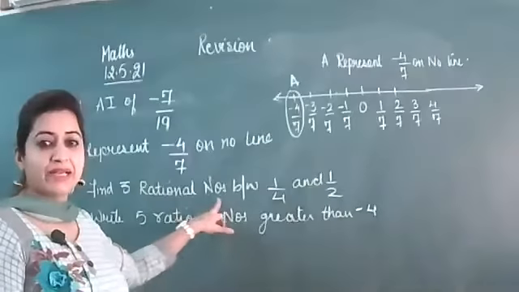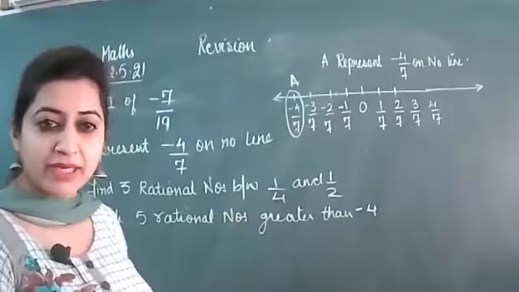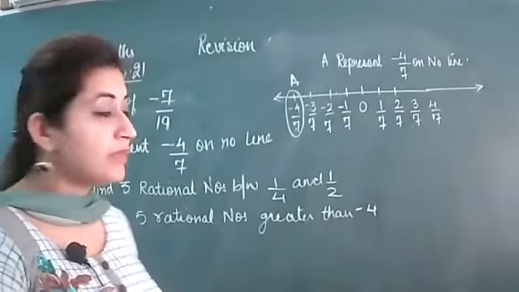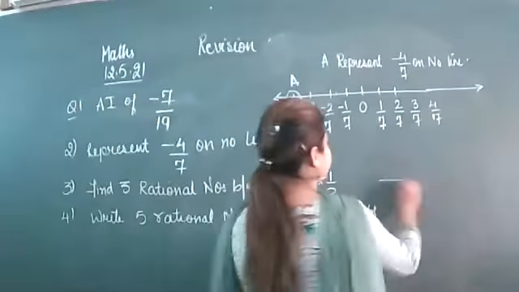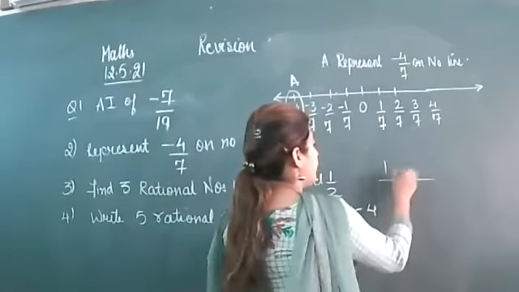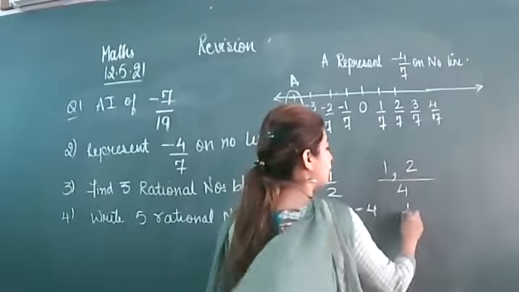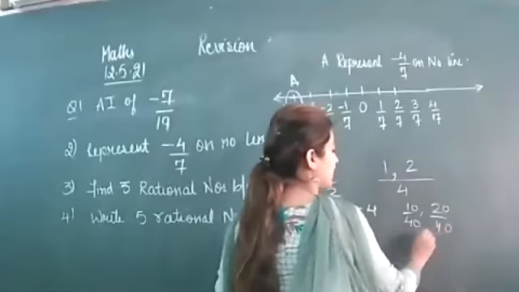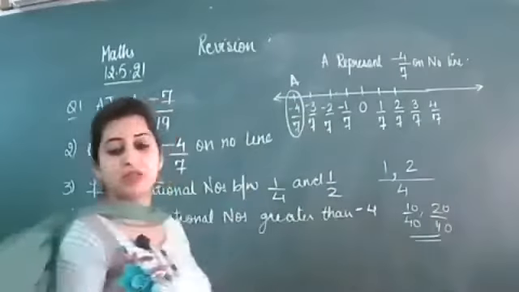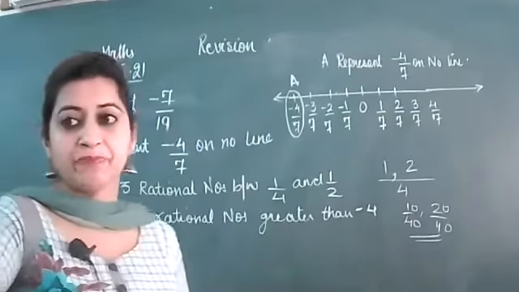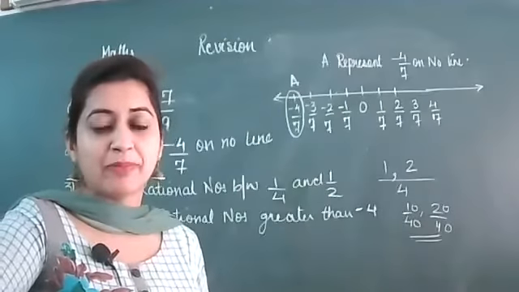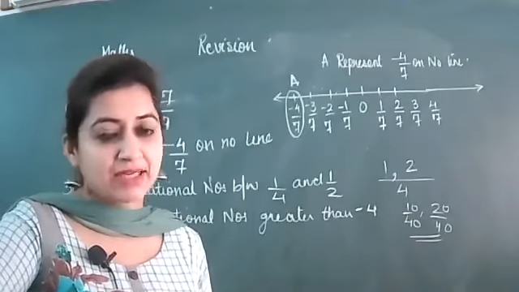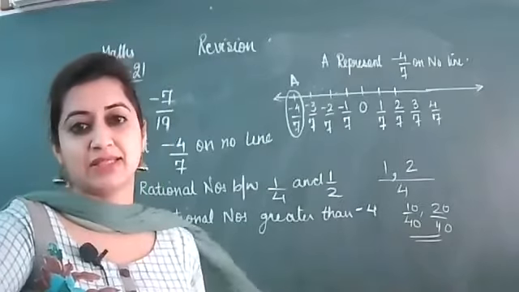The first step for finding the rational number between the two numbers is to make their denominator same by taking LCM. So if you take LCM, the LCM will be 4. It will be 1 by 4 and 2 by 4. What you will do for this is you will multiply by 10 on both the sides. Now you will write the numbers between 10 by 40 and 20 by 40. That is 11 by 40, 12 by 40, 13 by 40, 15 by 40. Don't cancel it out. Leave the answer as it is.